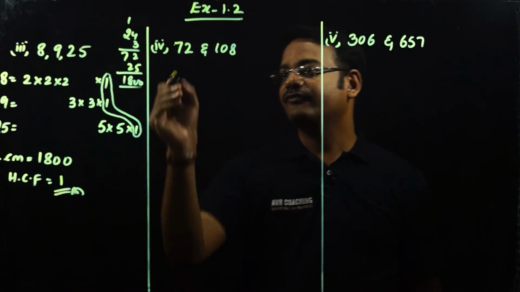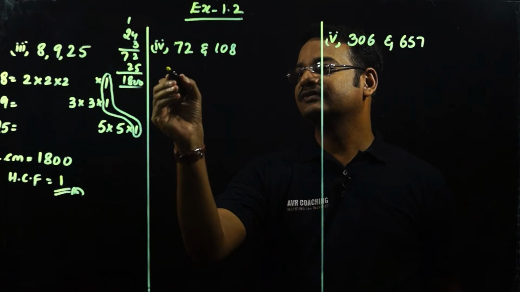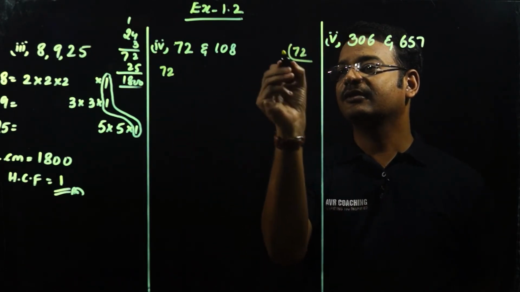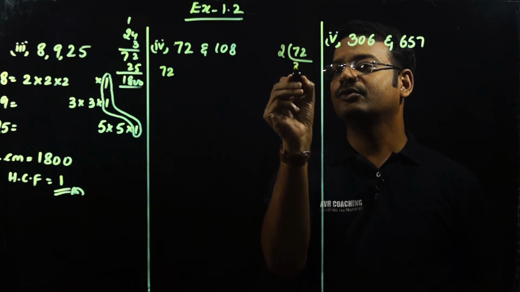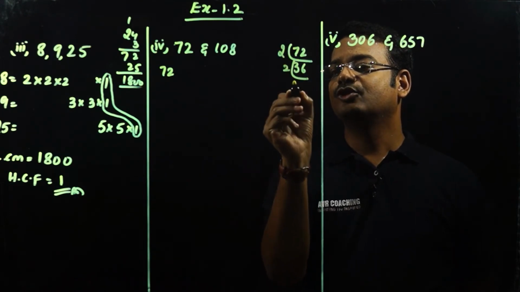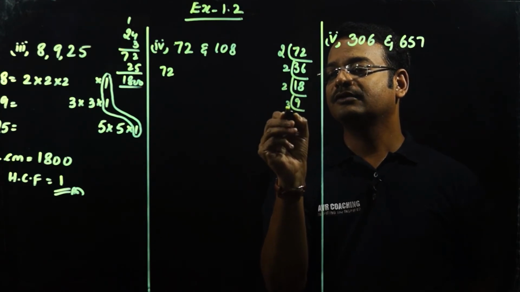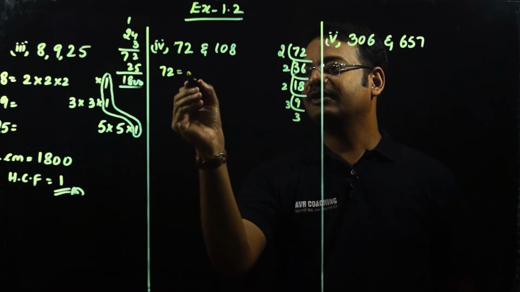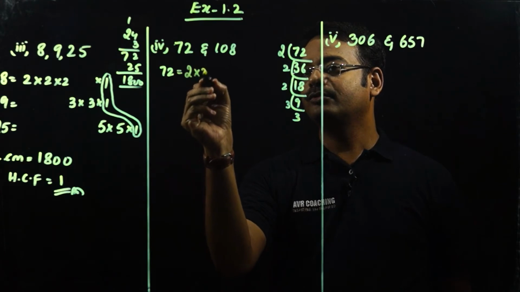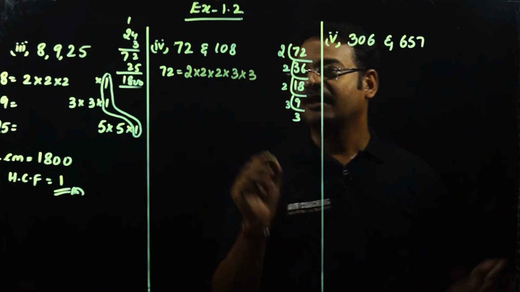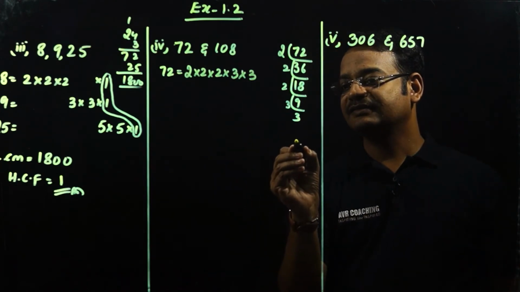In a similar way, we will find the HCF and LCM of 72 and 108. The prime factorization of 72 is 2 into 36, 2 eights are 16... so 72 can be written as 2 into 2 into 2 into 3 into 3, and 108 can be written as